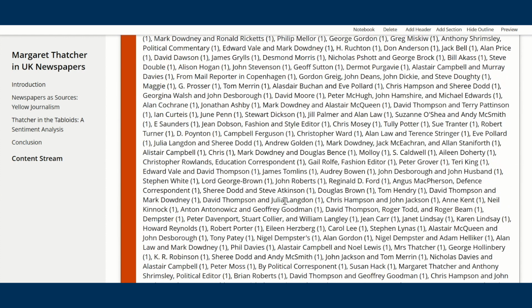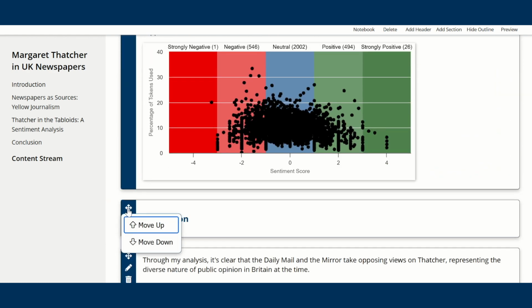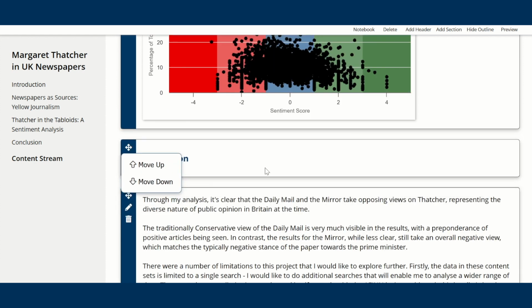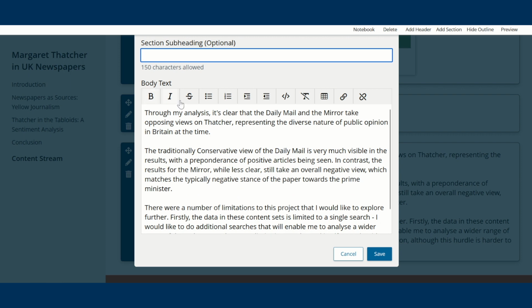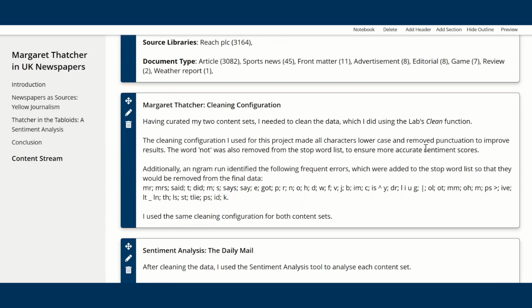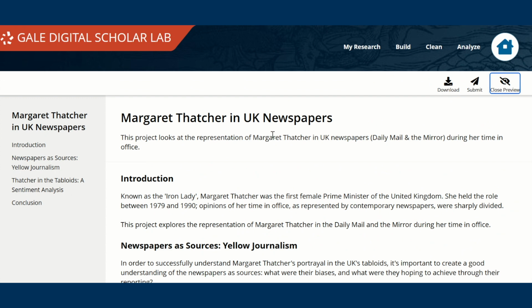Within a project, you can move planks around as much as you want. We've got a move button here, so we can move up and down, or they drag and drop if that's what you would prefer to do. Additionally, you can edit, and you can use a full markup here to really make it look the way that you want. Once you're happy with your whole project, you can scroll up to the top and hit preview, and